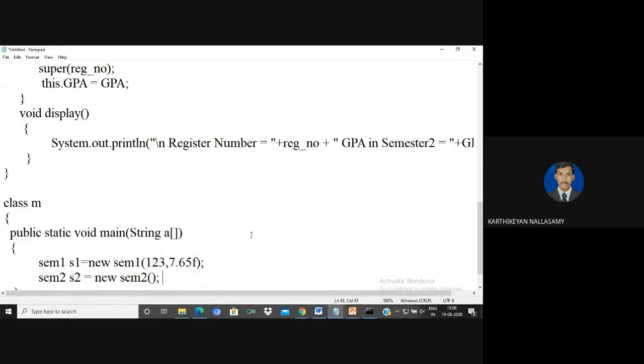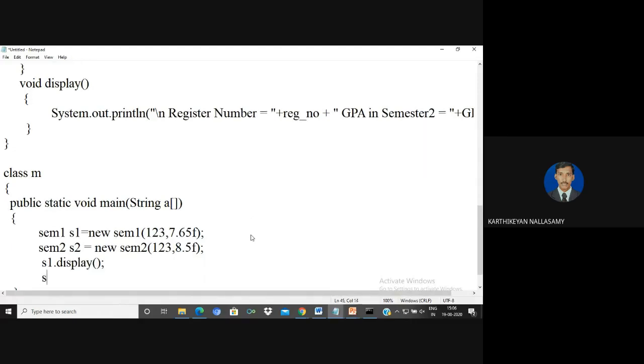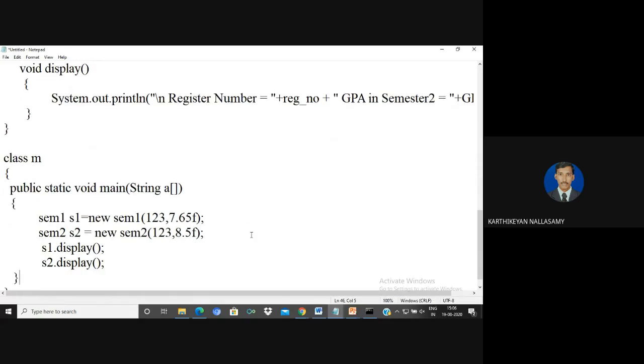The same way here, I mention the same register number but maintain a different CGPA. Then you can call the method display. There is no problem of overriding, because Sem1 and Sem2 are two different derived classes with no link between them, so it is not method overriding.